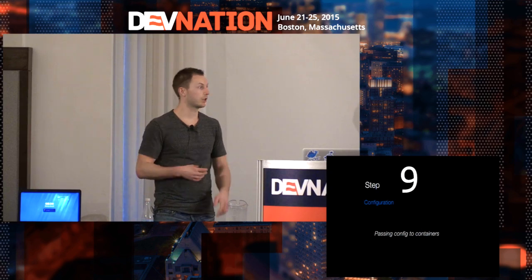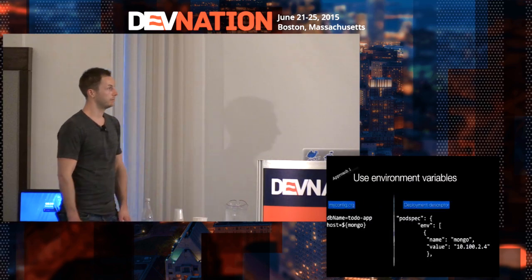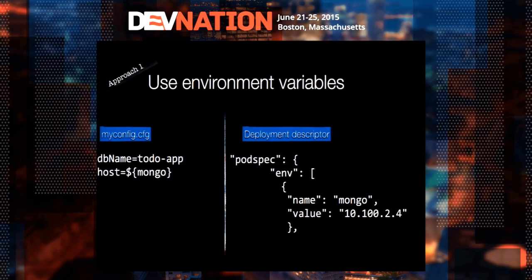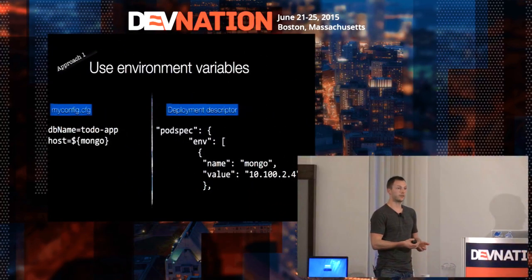Well, you could hard code them in your containers, of course. That's one approach, but that means you have to rebuild every time you want to move to a different environment. But you can also have some kind of dynamic configuration. So one approach that we use a lot is use environment variables. If you look at our configuration files, in this case just a simple property file, we have variables in that. So this Mongo host is actually a variable, and this variable is picked up from the environment variables.